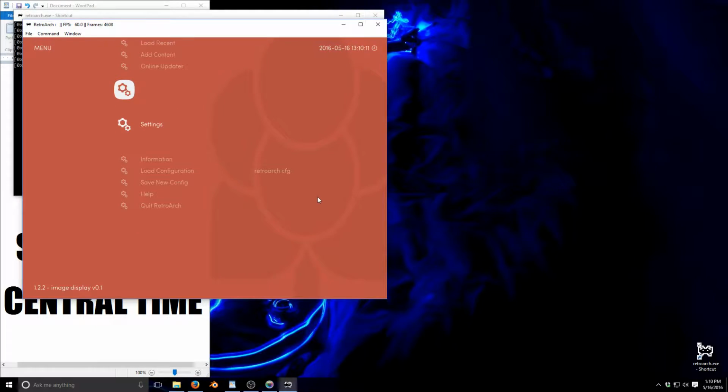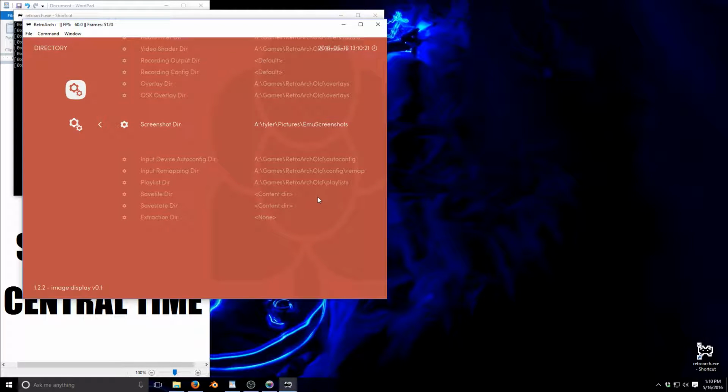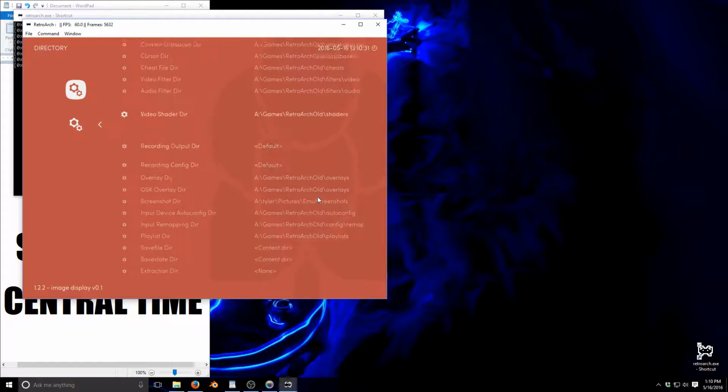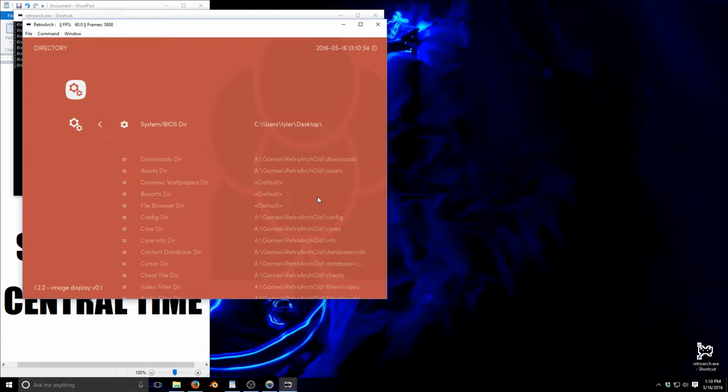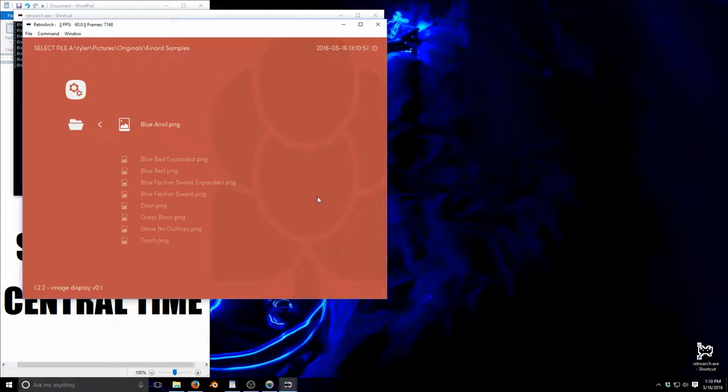The last thing I almost forgot about is we want to go to directory and all the way down to screenshot directory. We want to make sure that it is where we want to save the screenshots that we're taking for our upscaled images. So with all of that out of the way, it's time to go and upscale our image. We can load content. We select a file. In my case, it's my A drive. That is my name. Pictures. Originals. And we want the